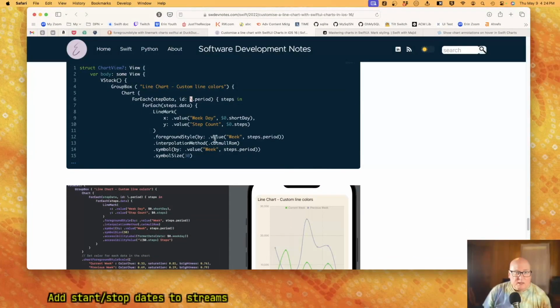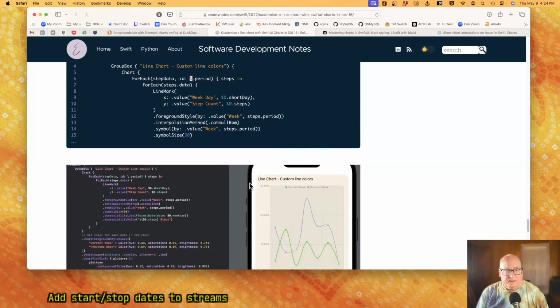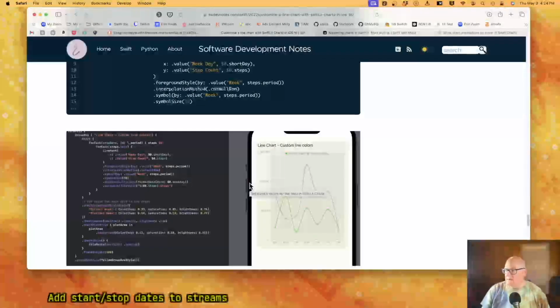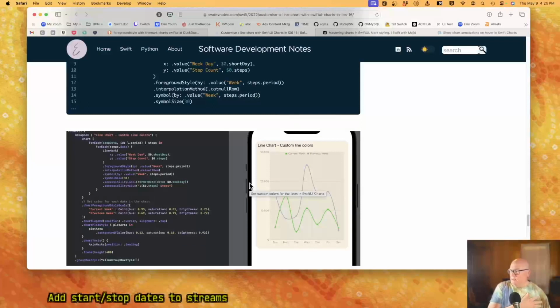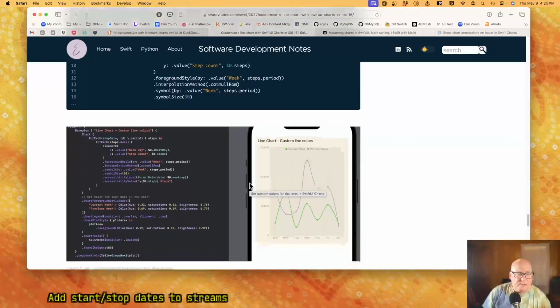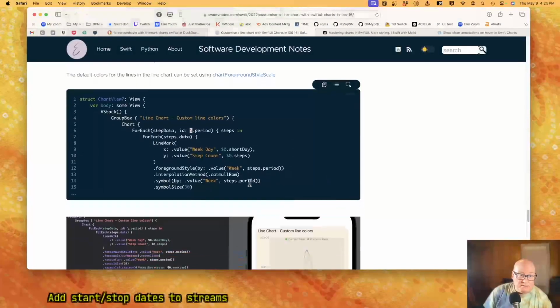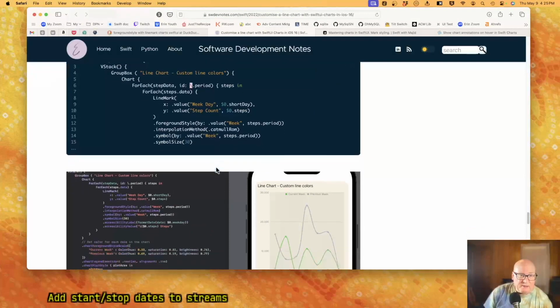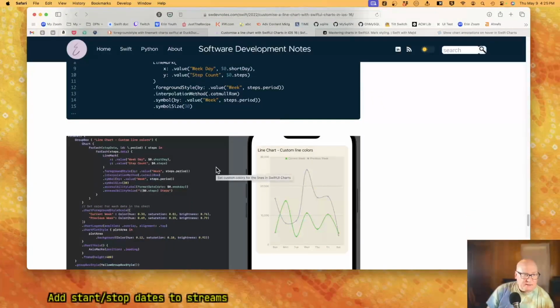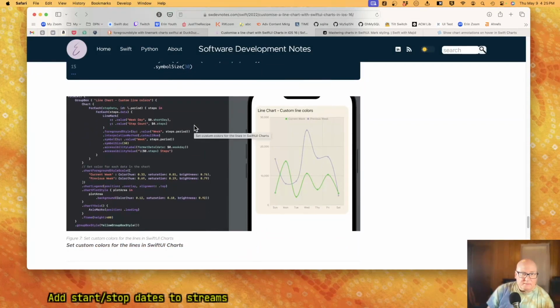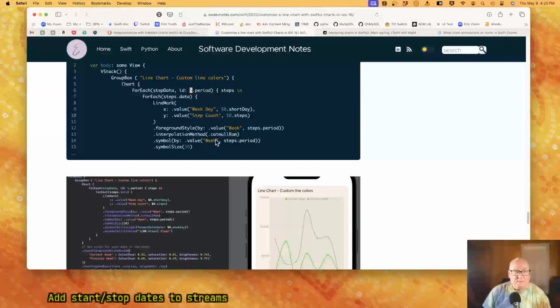For style, by value, week steps dot period. Yeah, I mean, you could probably do it like every 10 points or something, every 10 months. Well, maybe every 6 months will be better. Or 12. Okay, symbol by value week steps dot period. I just don't understand what that is. And he doesn't seem to be changing the colors as he goes.